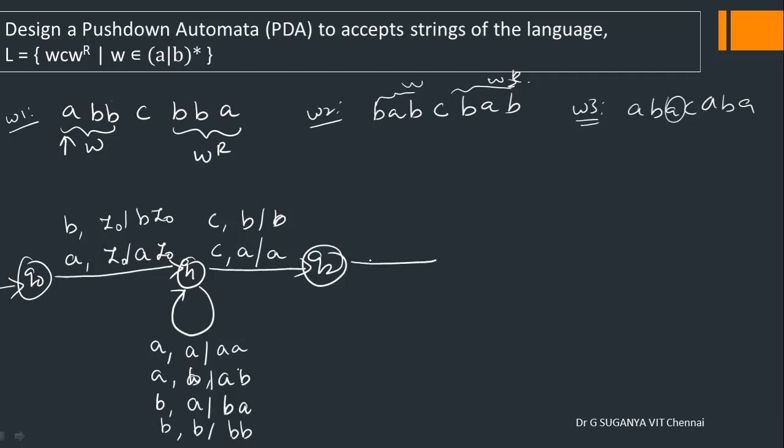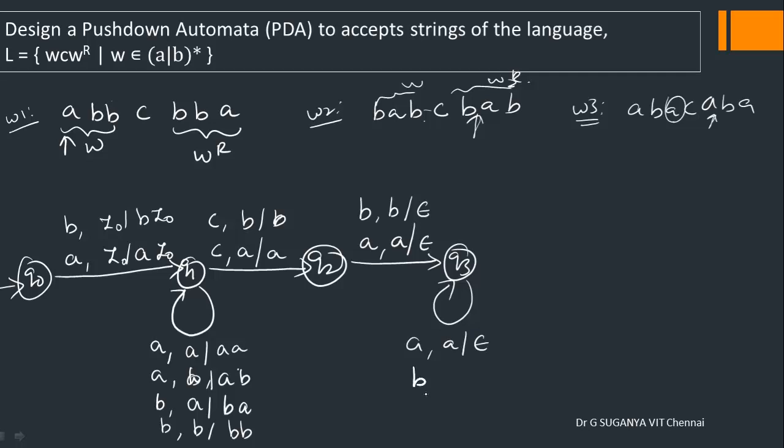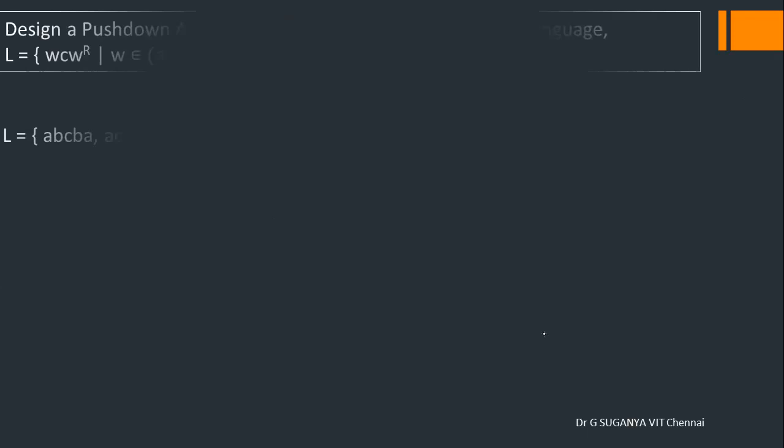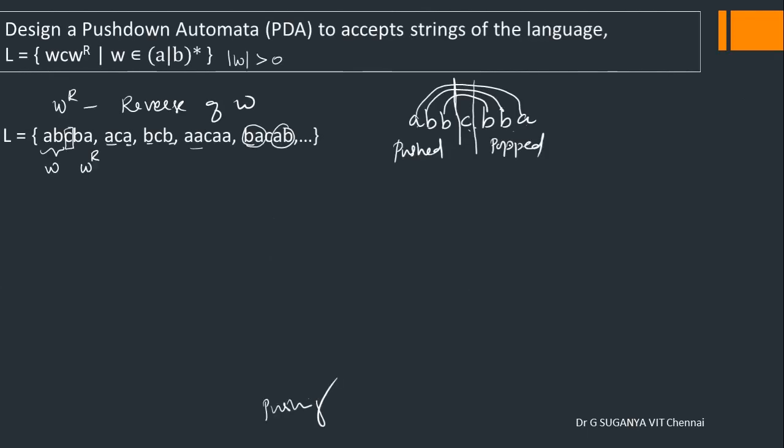Finally, when A comes on your input, what is expected to be on the top? A. It can be popped out. When B comes on the input, it is expected to be B on the top of the stack. You can pop it out. Then any number of such symbols, when they come, match with the same symbol. That's what needs to be properly understood. If not, I'll show it here. Here B has to be mapped to B, B has to be mapped to B, A has to be mapped to A. That's the meaning of reversal.